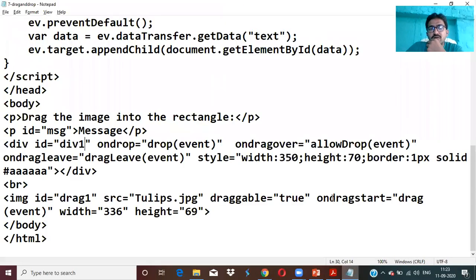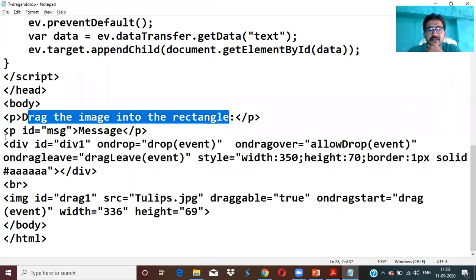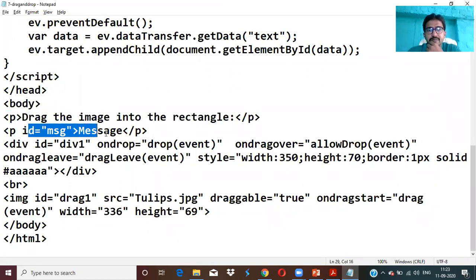Now coming to the code, how will it work? We display the message, drag the image into the rectangle, followed by an ID. Why do we need to consider an ID? At that paragraph position, initially the message is a normal message. Whenever you trigger some events, the message has to update. At which position do I need to update?